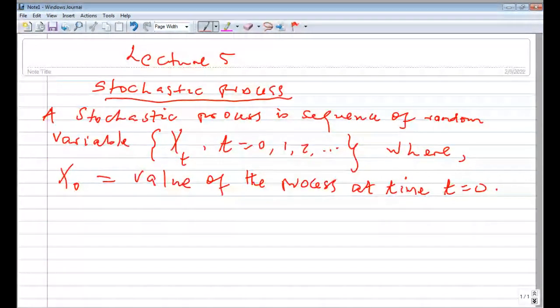I'll try to print. I said a stochastic process is... It's not all of us. Yes, I get it. A stochastic process is a sequence of random variables Xt, where t is ranging from 0 up to infinity, where X0 represents the value of the process at time t equal to 0. Now, X1